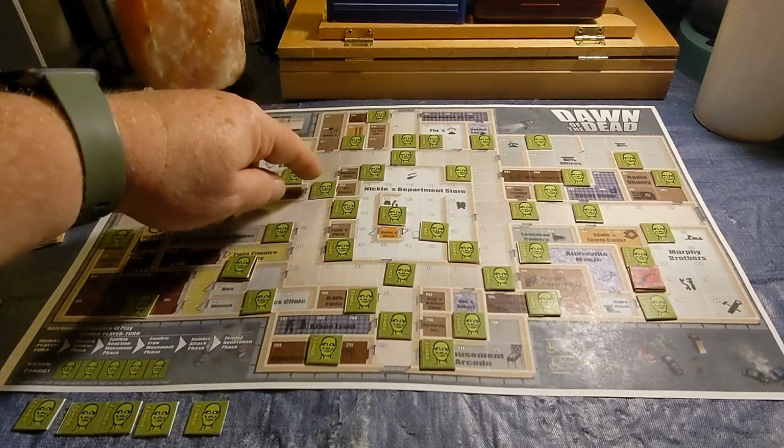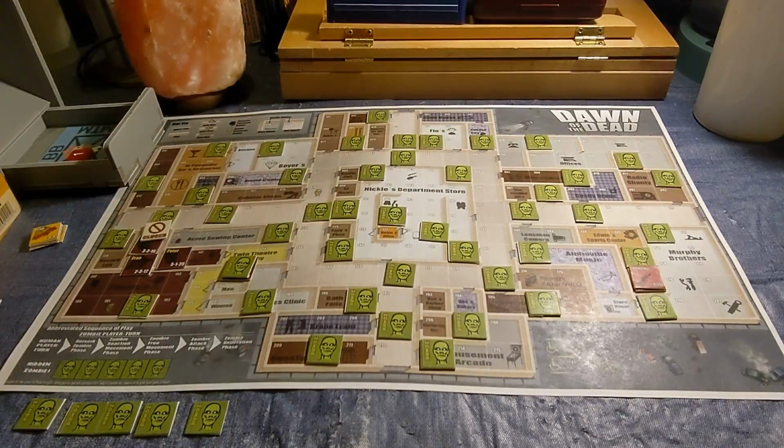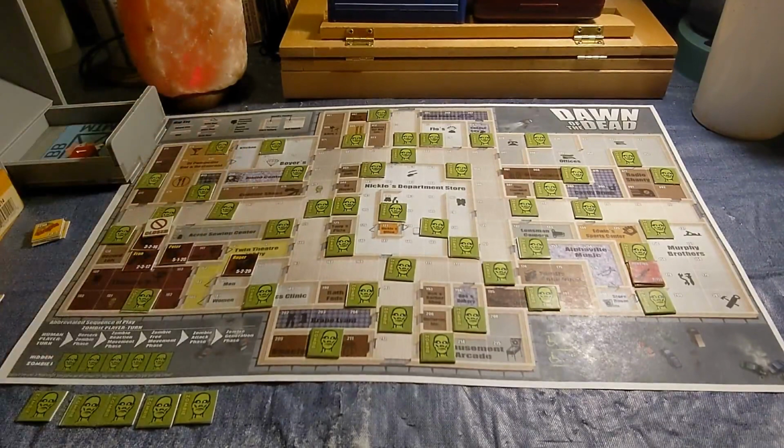So we're going to move this one right there. Okay, so he's kind of blocking that hallway now. All right, that ends the free movement phase. Now we have the zombie attack phase, and of course we have 1 combat here. And now we're going to reveal